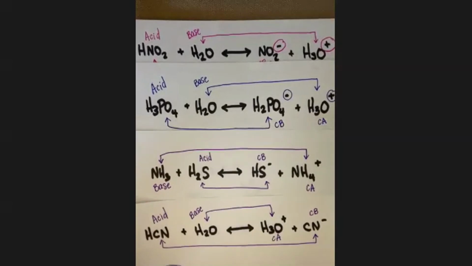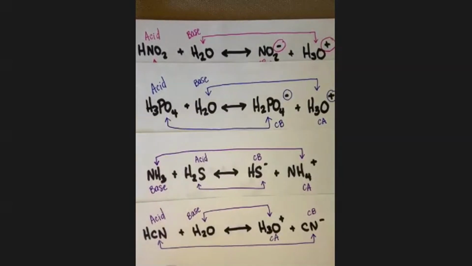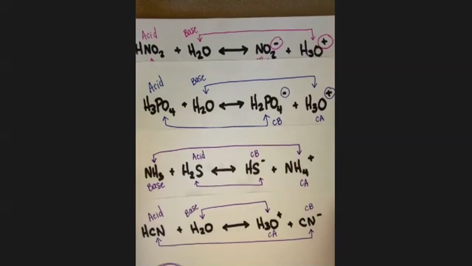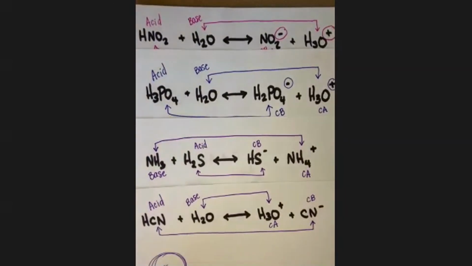Just in case. But like I said, even for me, and I've done this now like 3 times, it really does help me to draw those arrows. And if you're ever writing acid twice or base twice on the left side of the arrow, you've done something wrong. You have to have an acid and you have to have a base. You can't have 2 acids and 2 bases. For the right side with the conjugates, every acid has a conjugate base, every base has a conjugate acid. And I'm honestly not as concerned that you can do that part. But does anybody